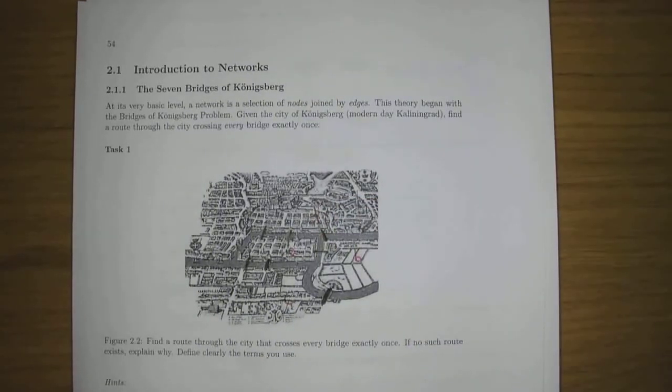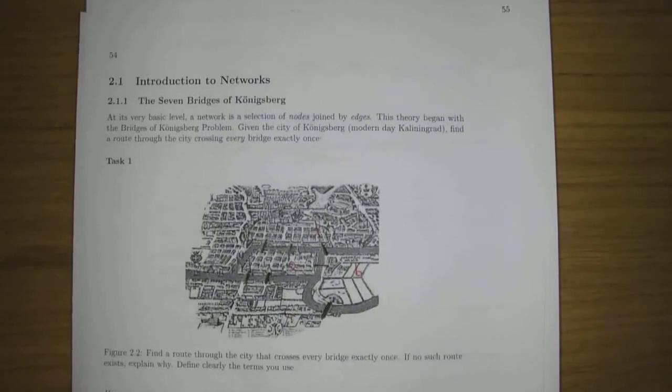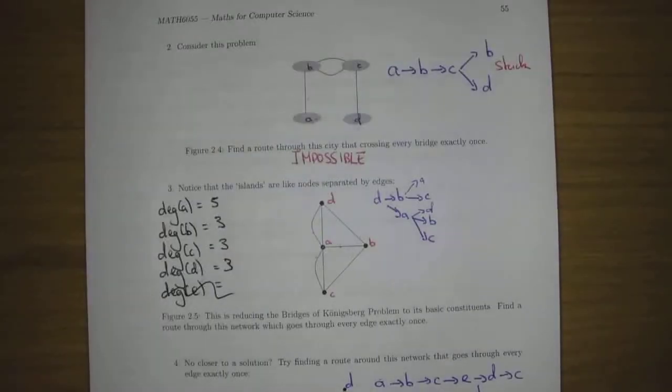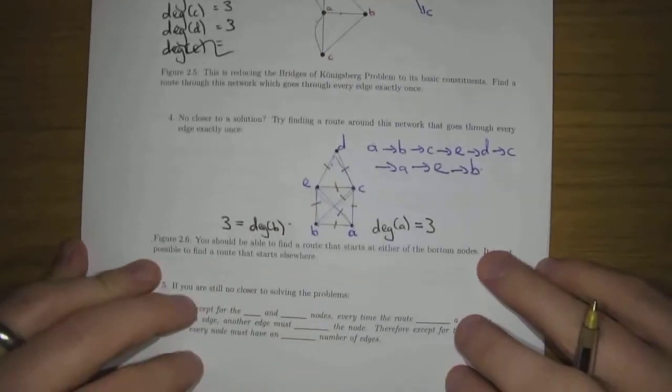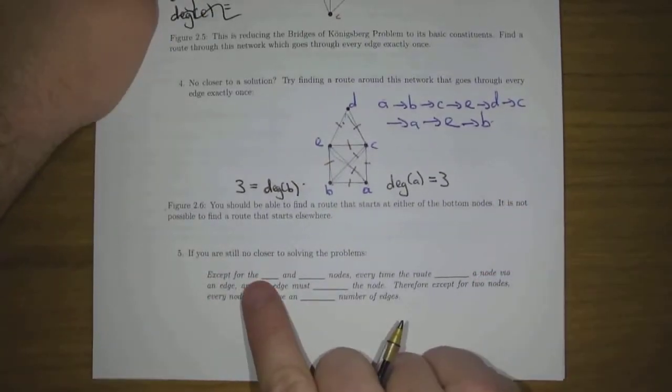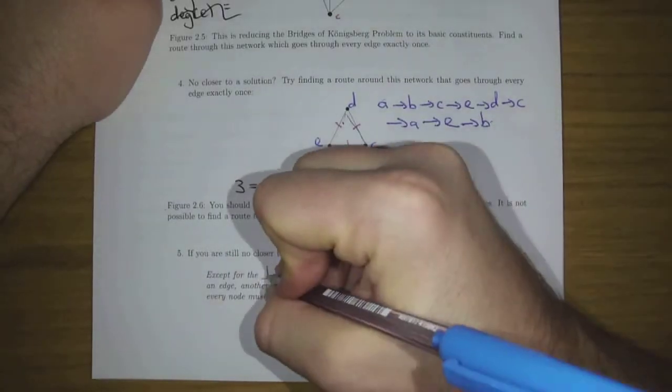And this was the beginning of this subject of graph theory. And what we've done here is a bit difficult, but it's just an introduction to the subject. So see, can we write down something? Except for the first and last nodes,